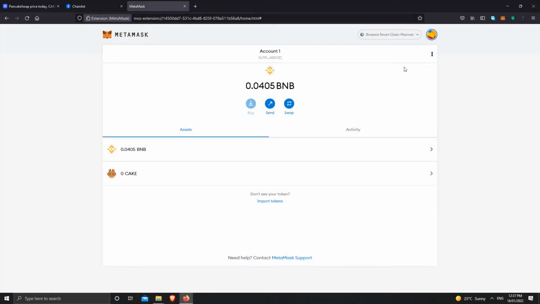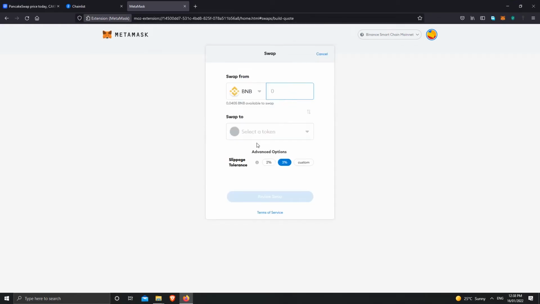All right, we are back again with the MetaMask. I asked my friend to send me a little bit of BNB, which is not much. It's only $20, and I'm just going to use it for educational purposes, and I'm sending back the remaining of the BNB to him, which is almost everything. But before we use this send button and send the BNB to his wallet, I'm just going to talk about